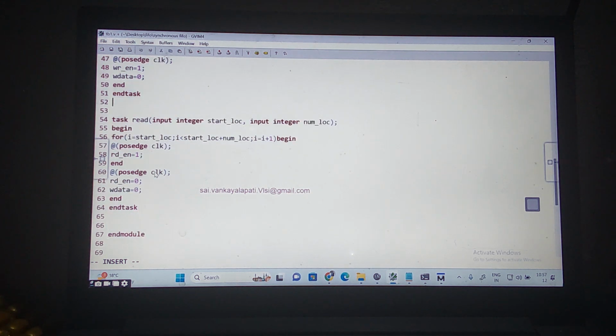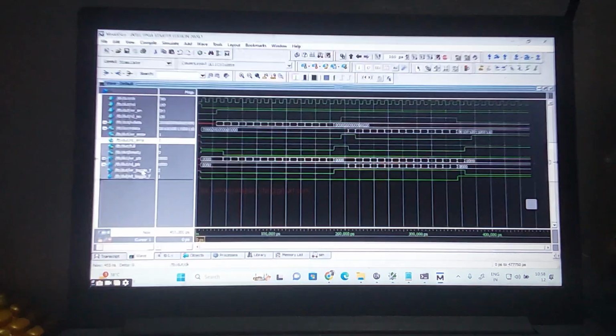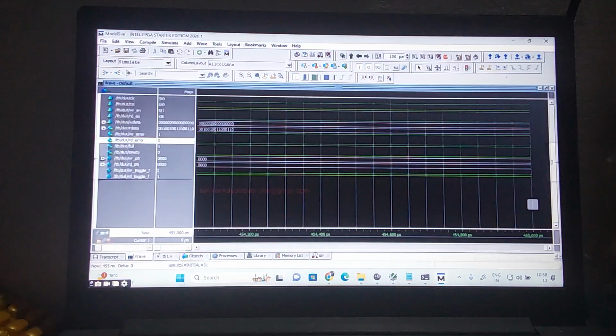Now I'm calling this task with arguments. What are the formal arguments I can give? Shall I give 0, depth? Now this is nothing but 1, so all read and all write. It is still 1, memory only. We are reading all the depth for the read and write operation. Now you can see this is the output I'm getting. Now we are reading all of read and write. Did you understand this?